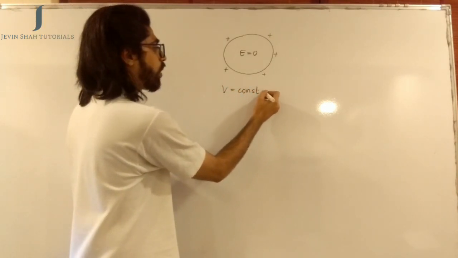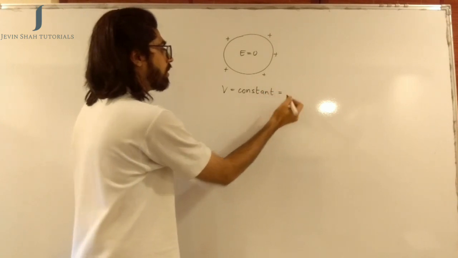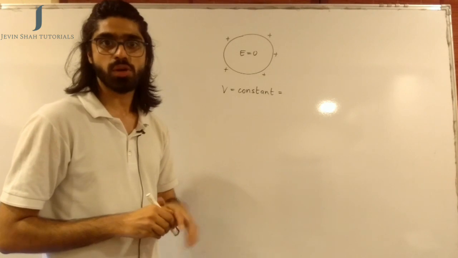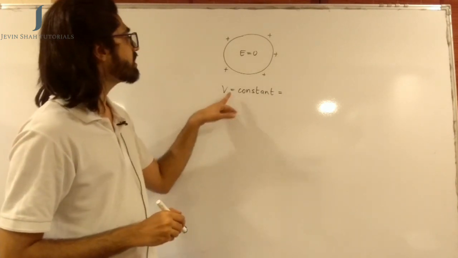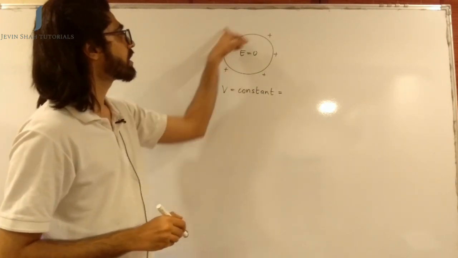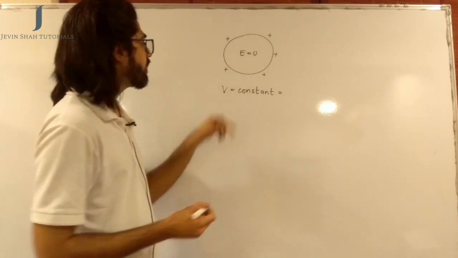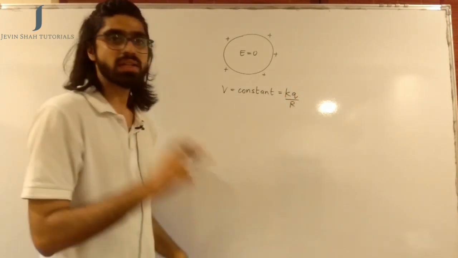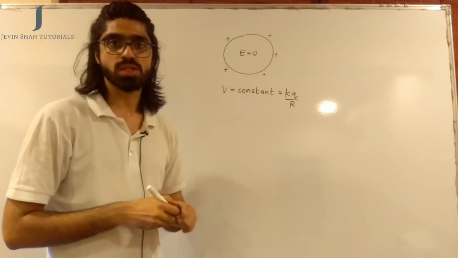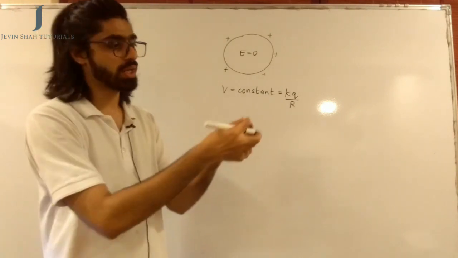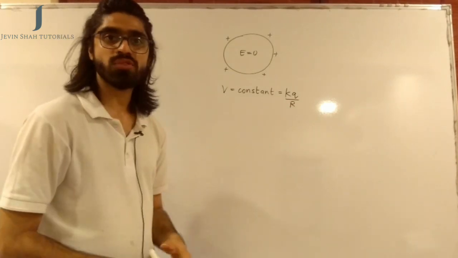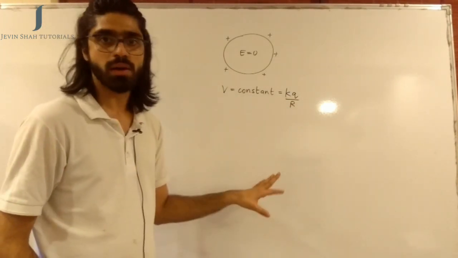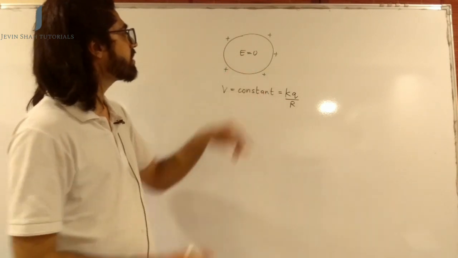The question is, what will be that constant value? The constant value of V inside a metallic or a conducting sphere is going to be the same which is there on the surface. And at the surface, the formula for V is given by kq by r. It is the same that you had learned for a point charge. The value of potential at a point at a distance r from a charge is kq by r. In a similar way, this will also be kq by r. Just that r over here will be the radius of the sphere.